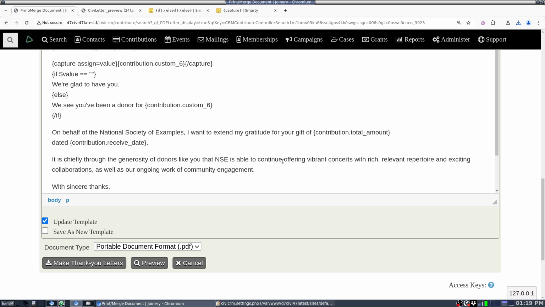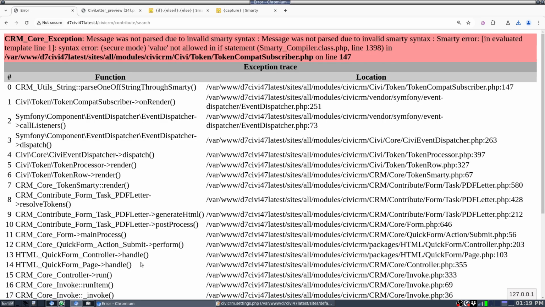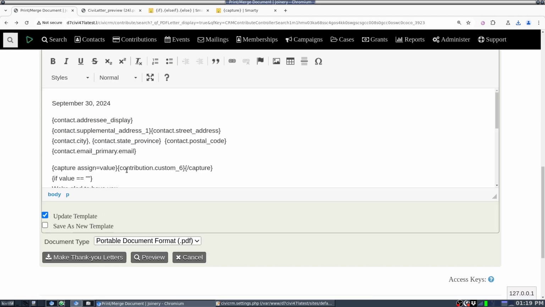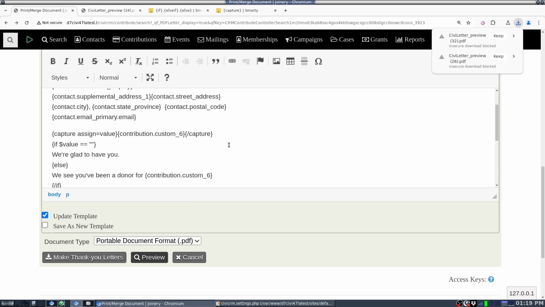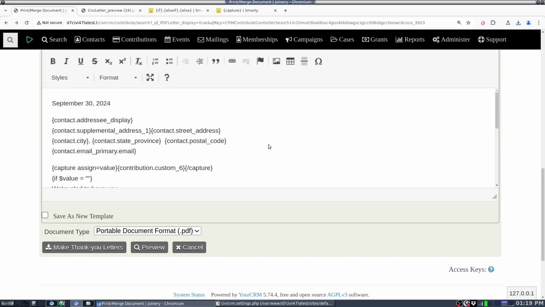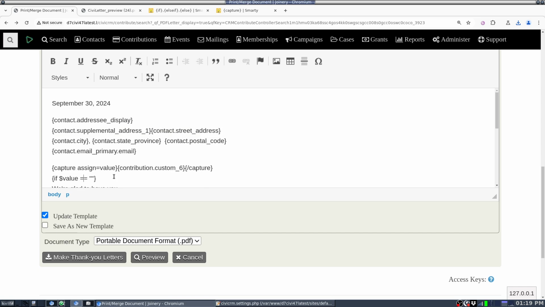As I said, this is pretty complex. Once you get into this, you are programming. You will see that if for some reason, let's say that I didn't use the $ sign there and I try to preview, I'm going to get a fatal error, right? That will happen from time to time when you're doing stuff. So you want to be sure that you're testing and making sure that everything works as you expect. Little things like a missing curly bracket or a missing $ sign or a test operator here that is actually not valid will get you these fatal errors,